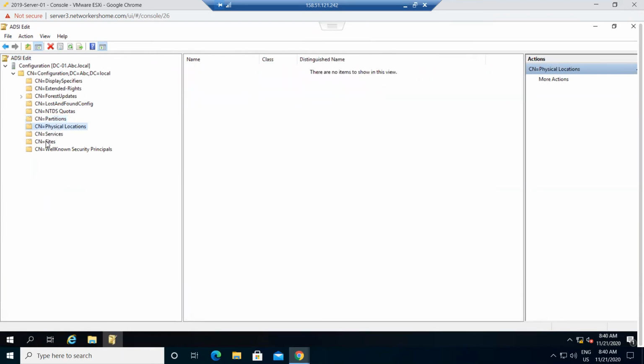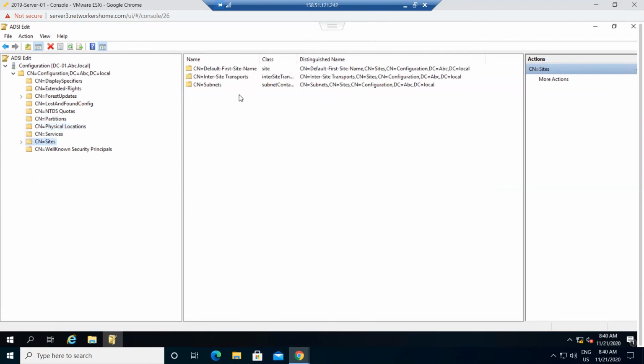If I have multiple sites, you click on Sites. Right now we have our default site, which works by default. One site is automatically created, named Default-First-Site-Name. By default your domain controllers work under this Default-First-Site-Name. So it shows me everything that is contained in the configuration partition. Now